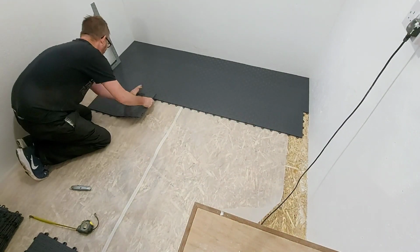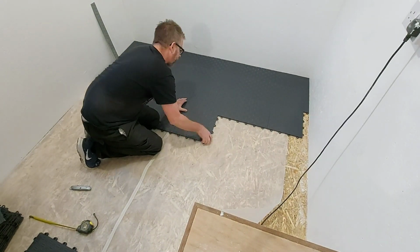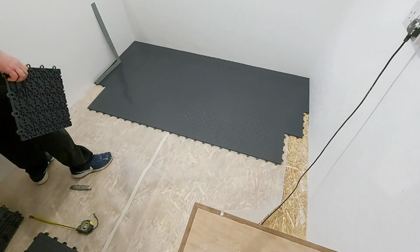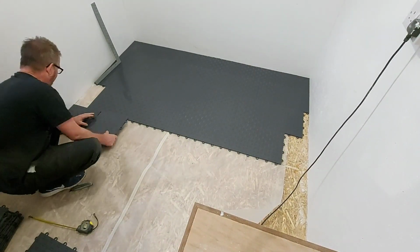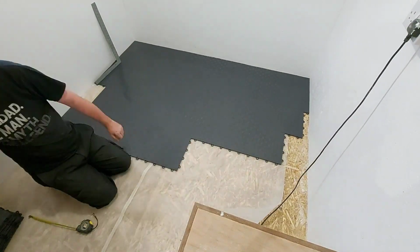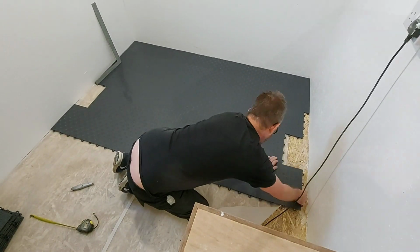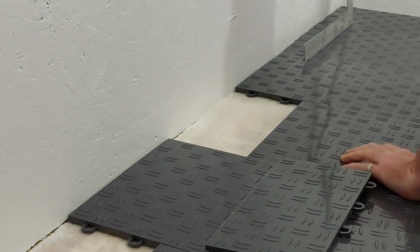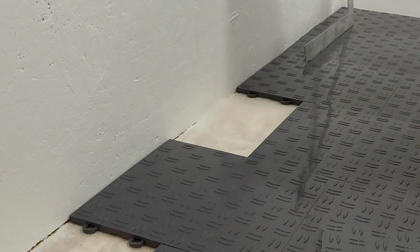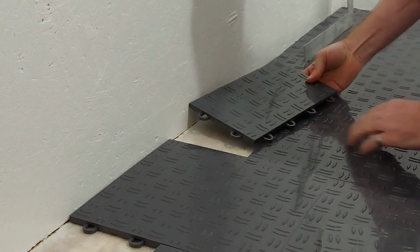So then, rather than making the cuts on each row, I decided to try and just lay a few rows out, leaving the cuts to do, to see if I could actually fit the pieces in afterwards. So I wasn't sure whether leaving bits like this was a good idea or not. So you're going to find out at the same time as me whether this is possible to do,